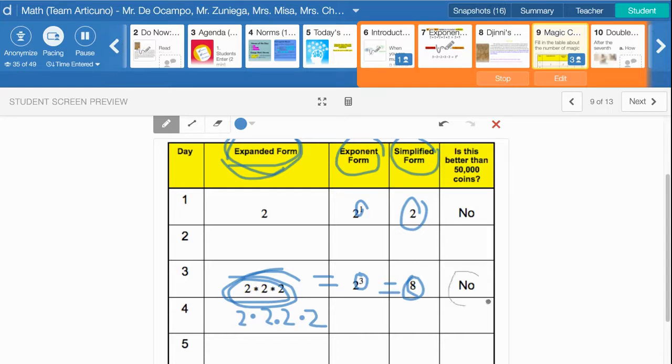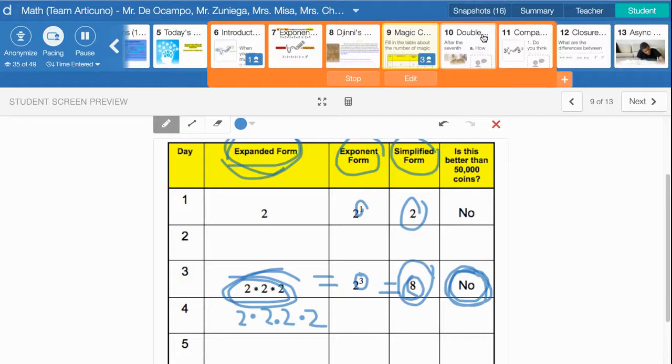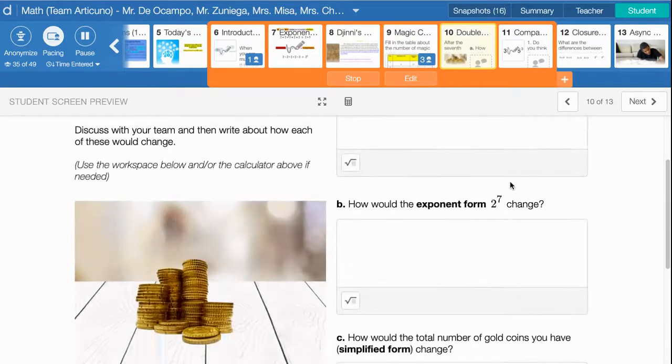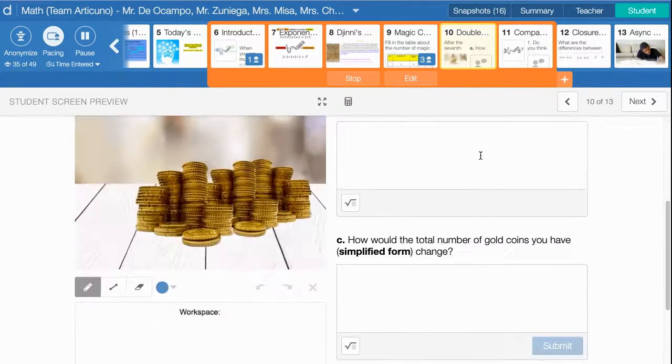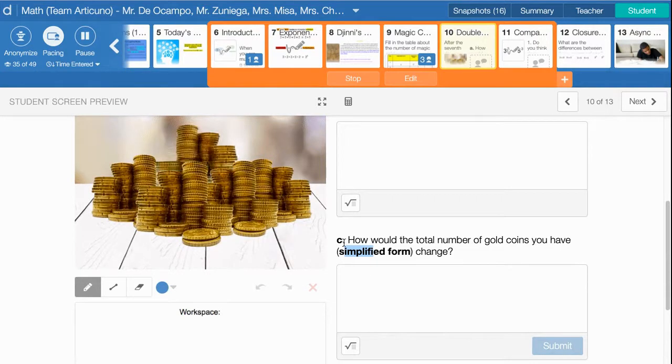And then you have to write here whether it's better than 50,000 coins. So like, for example, is 8 coins better than 50,000 coins? The answer is no. I would rather have 50,000 coins than 8 coins. All right, so, and then students are going to work on expanded form, exponential form, and simplified form, which is